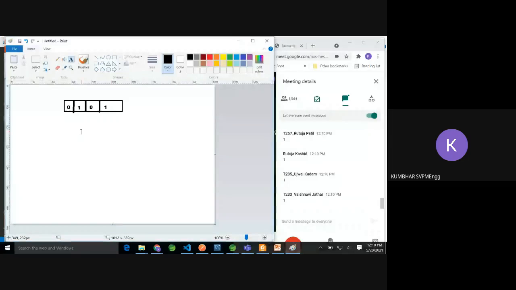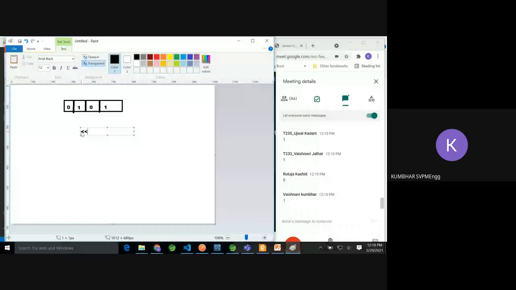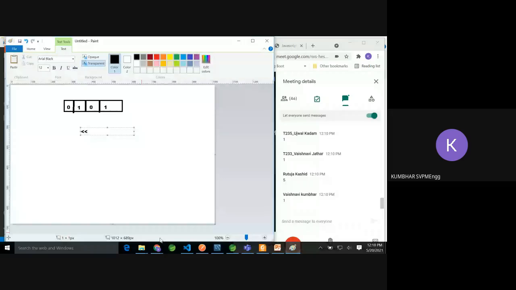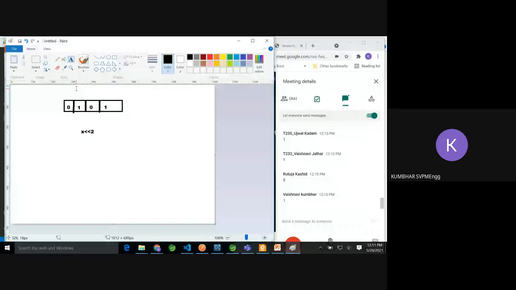When I say less than less than, let's say this is my x number. If you observe here, how to use it, x less than less than y. So for example, suppose I have variable x whose value is 4, and if I left shift by 2, this will go 2 places left, this will go 2 places left, this will come here, this will come to the 0th location.